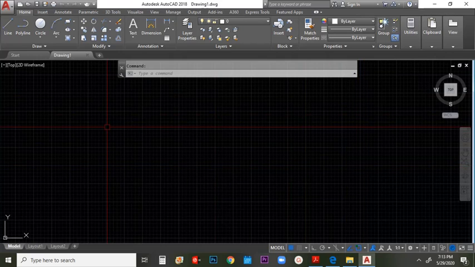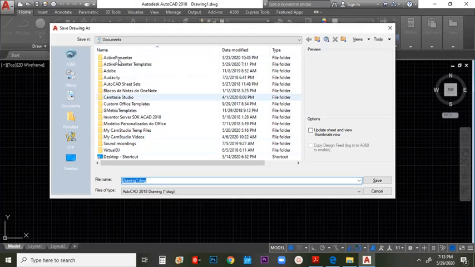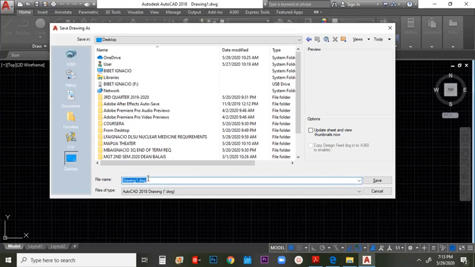Okay, so the first thing that we're going to do is to save your current workspace. So you go here, pull down, save, and then look for the area where you want to save your drawing, or you can create a folder for that matter. Then under file name I want you to type your surname. So let's say, for example, this is my file, lecture ex. And then at the bottom you have the versions of AutoCAD available.